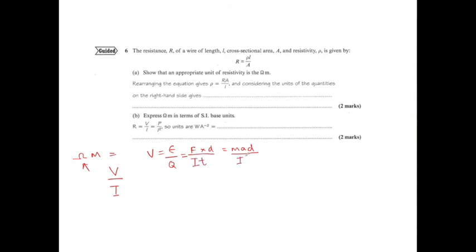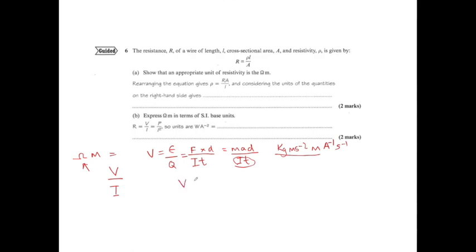Now, if we substitute the units in there, the unit of mass is kilograms. The unit of acceleration is m s minus 2. The unit of distance is meter. And then we have got divided by current, so that'd be A minus 1. When we put it up here, it's A minus 1. And then time, S minus 1. Again, remember, the reason that these are negative is because they're under the line. So if we simplify that, we now end up with